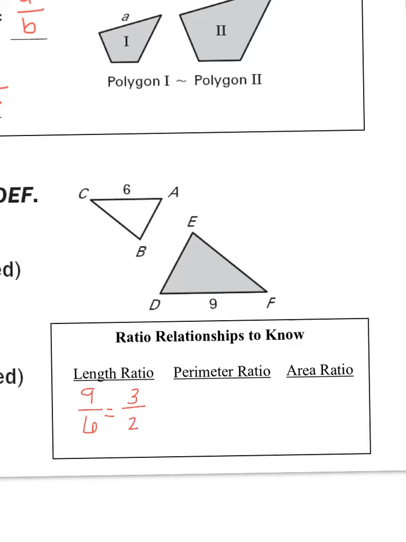Now remember, these two are equal. So my perimeter ratio is 9 over 6, or you can simplify as 3 over 2. So I didn't have to solve for anything. It's all the same. Now my area ratio, I'm going to take my length or perimeter, and I'm going to square it. So I'm going to take 3 squared over